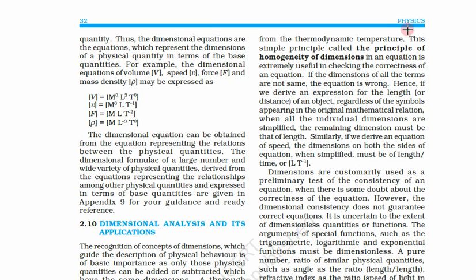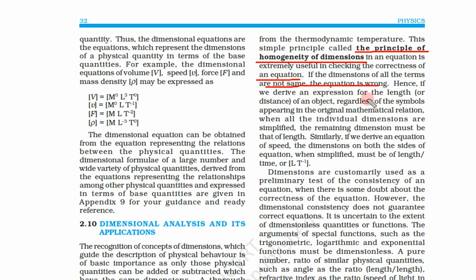Just by simply looking at the formula, the dimensions are wrong, so we can tell that this formula is not correct. This principle is called the principle of homogeneity of dimension. The principle of homogeneity of dimension is useful in checking the correctness of an equation. So with the help of this, we can check whether the equation is correct. If the dimensions of all terms are not the same, the equation is wrong.